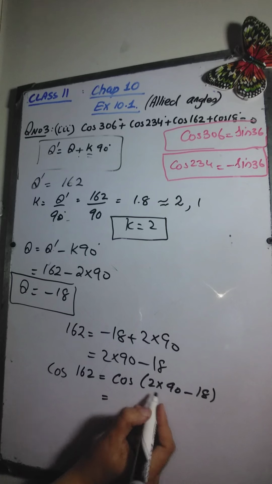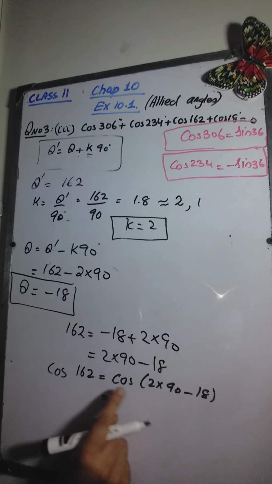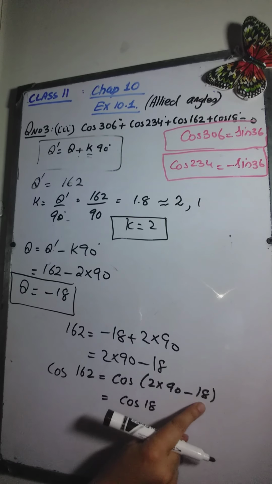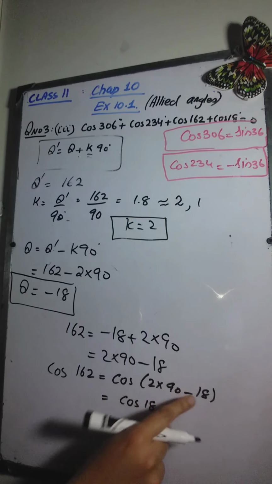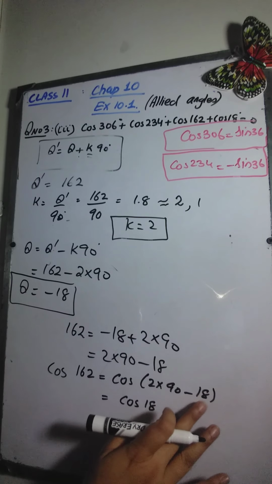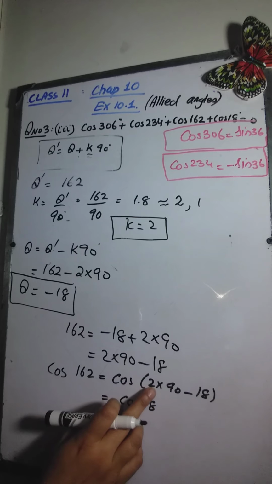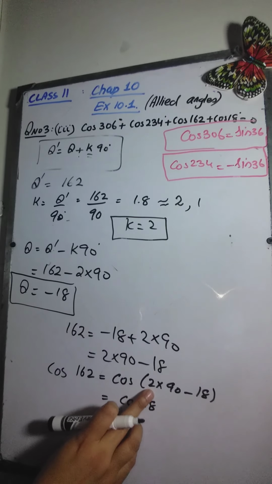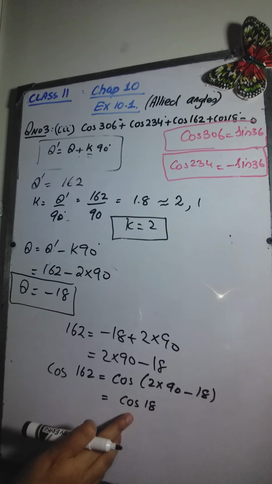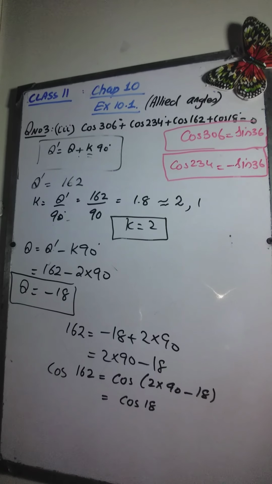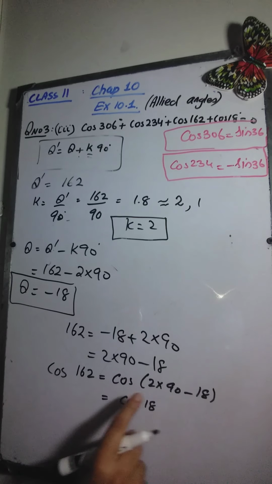So here we have an even multiple of 90. So cos will remain cos, and take the cos of this acute angle only, ignore everything else. Once you have written it as some multiple of 90 plus or minus some acute angle, take the acute angle only. If the multiple is even, cos will remain cos, and if the multiple is odd, then cos will change to its co-ratio. As we have an even multiple of 90 over here, cos of this expression will be equal to cos 18.